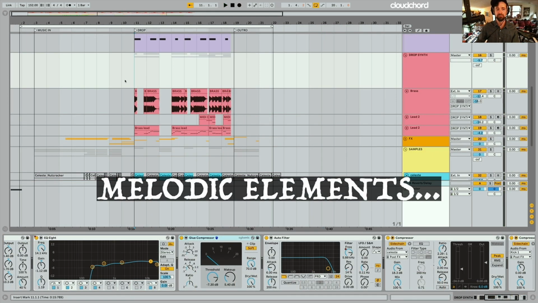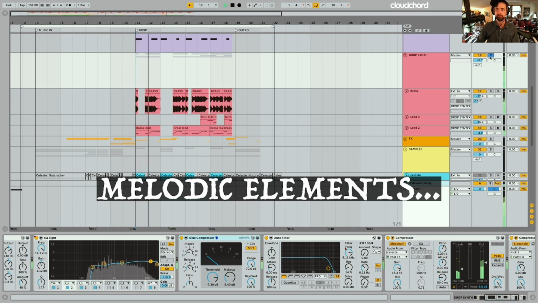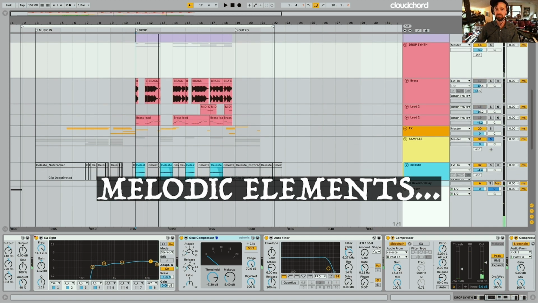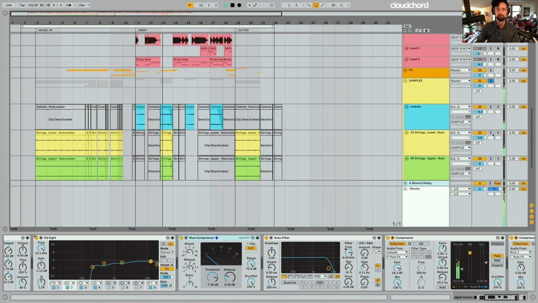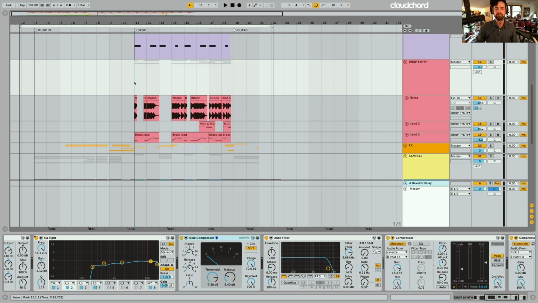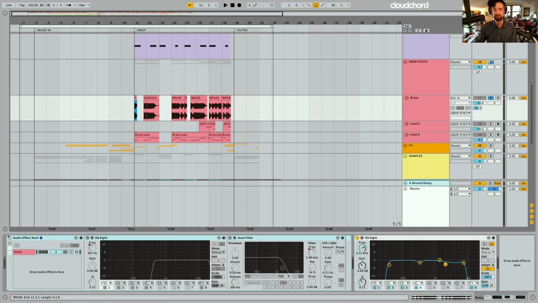Okay, so let's talk about the melodic elements of the drop. We have the drop synth, and then we have the samples that are all audio. The drop synth is kind of like the counterpoint, the original element that I wrote that isn't part of Tchaikovsky's Nutcracker Suite. It's like the classic trap brass thing that's in a harmonic minor. And it really came from the idea of the sample that I found that sounds like this on its own.